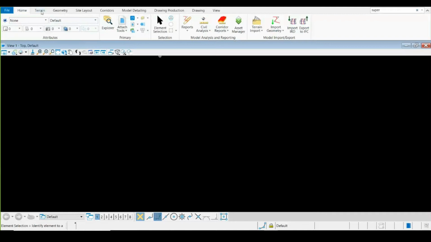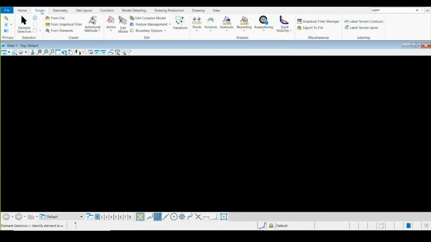So, next comes your terrain. Let me quickly brief on terrain, and then we'll see one or two options for how to import our terrain model using our CSV file and from CAD drawings.